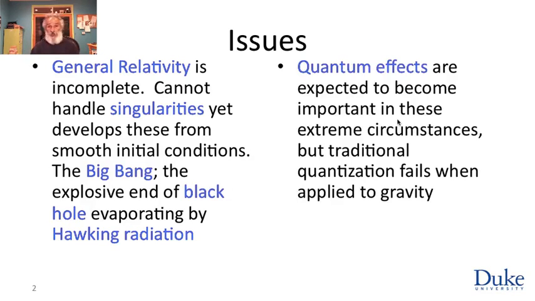Well, at large values of the curvatures, under exactly these circumstances where general relativity is singular, quantum effects are expected to become important. The problem is that applying the traditional methods of quantizing renormalizable quantum field theories to the general theory of relativity leads to a failure. It leads to conceptual failures. It leads to technical failures. The theory is not renormalizable.